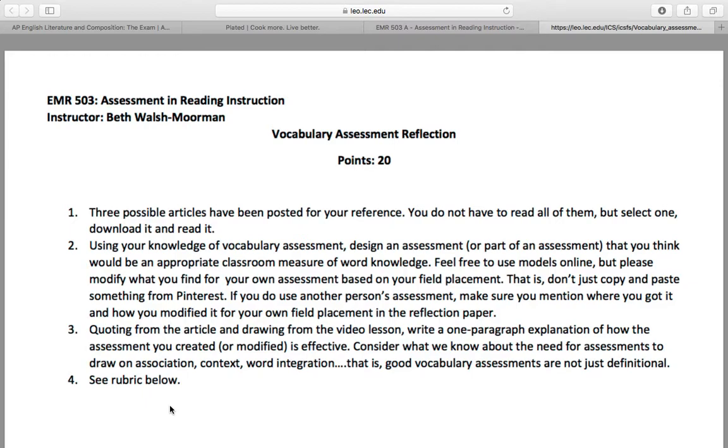And then I want you to consider what we know about the need for assessments. Things like we know that students need to draw associations, they need to build context, they need to integrate words. That is what is good vocabulary assessment, and how is what you just did an example of good vocabulary assessment. So if you can work on that, upload that to Leo by Sunday